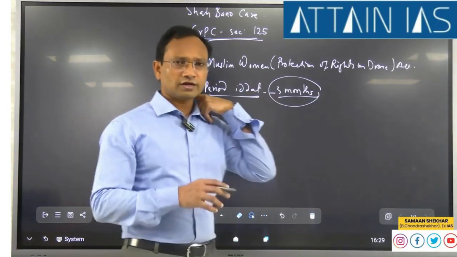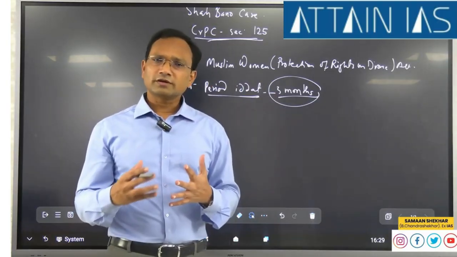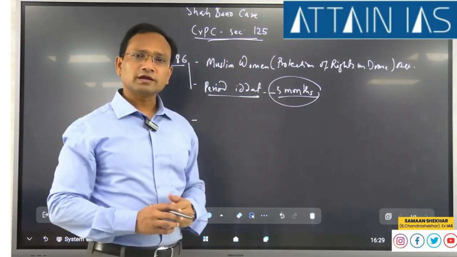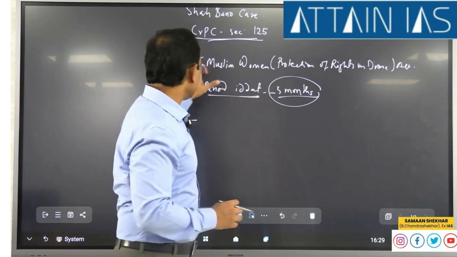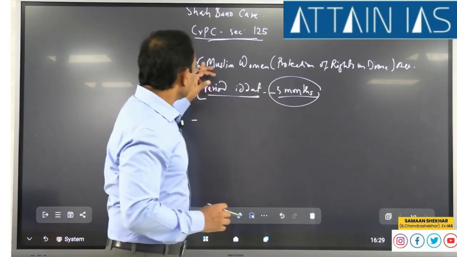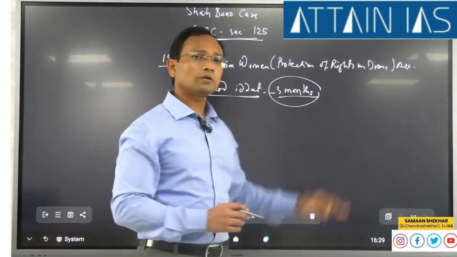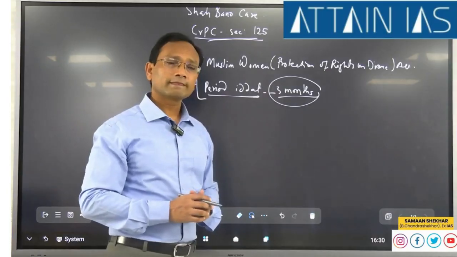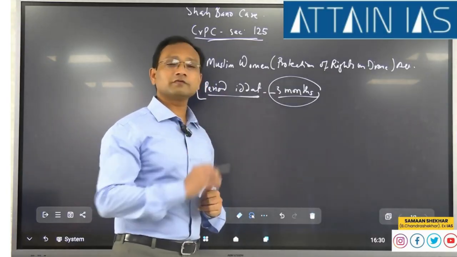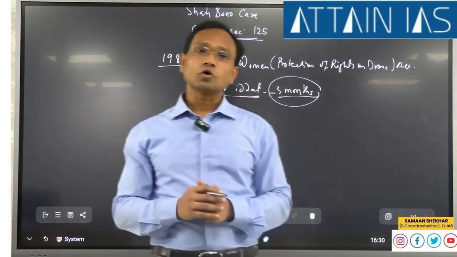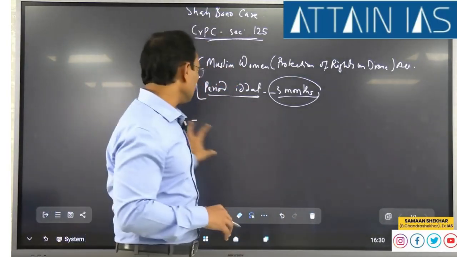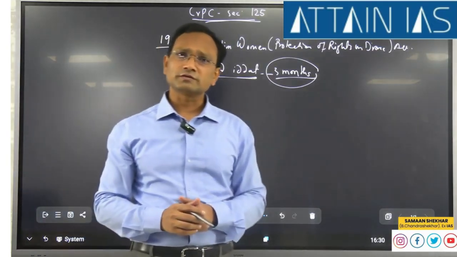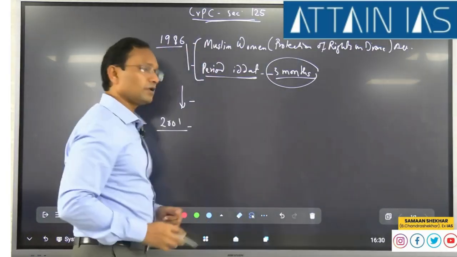and the courts after that were giving varying and sometimes contradictory orders and judgments, sometimes going by the understanding that even if there is this law in place, the secular law applies. But on the other hand, there were some other courts which said that there is a specific law governing the rights of divorced Muslim women, and hence that specific law will have precedence over a general law, which is a common understanding. Now, this situation prevailed for close to about 15 years, when in 2001 we have another Supreme Court